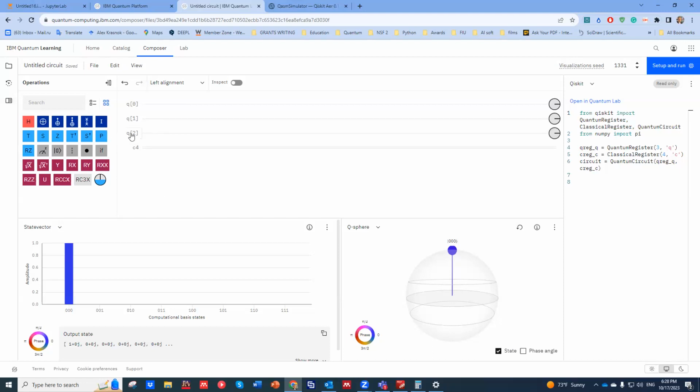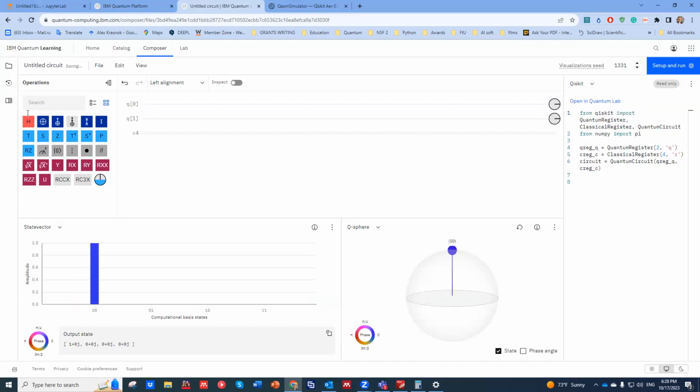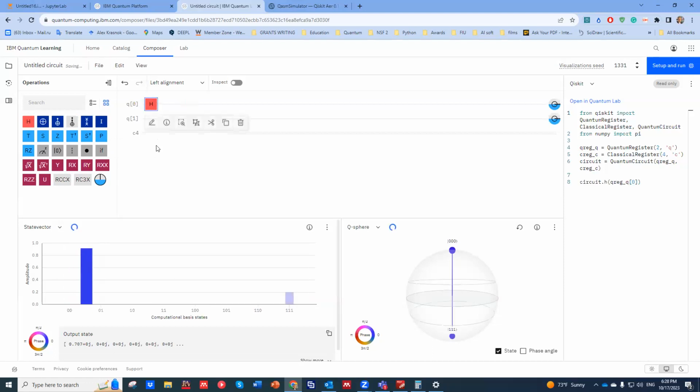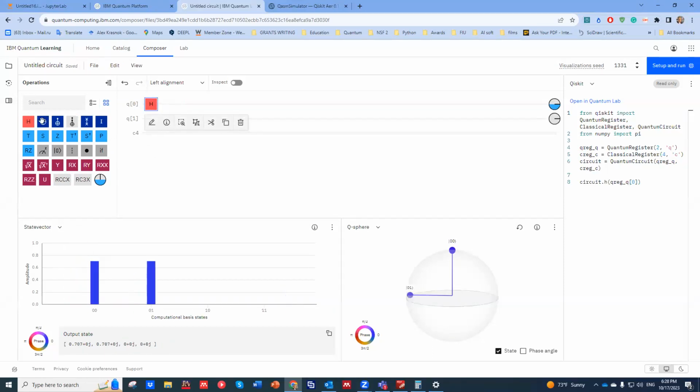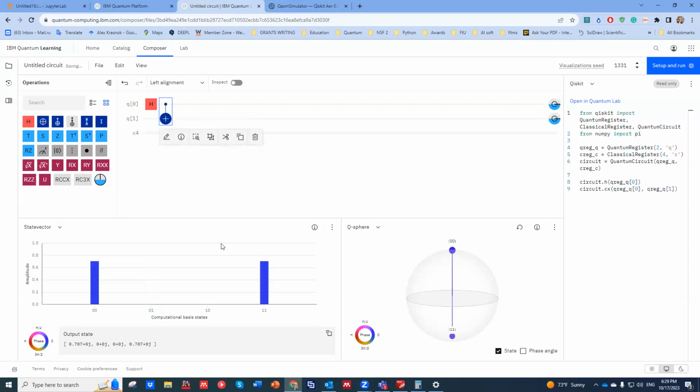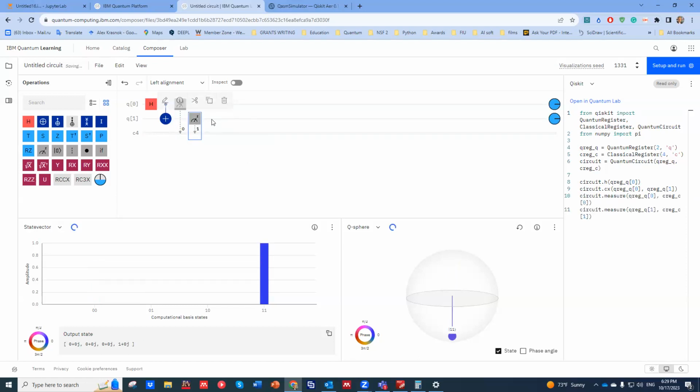For example, the same circuit can be easily created by taking this Hadamard gate and this CNOT gate here, and adding the measurement gates